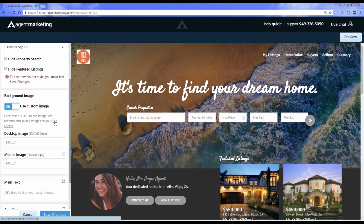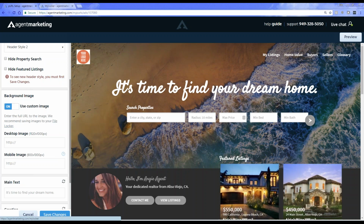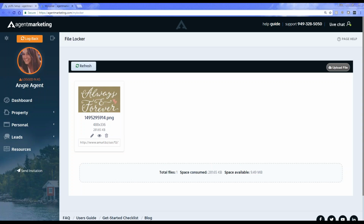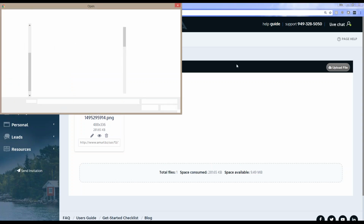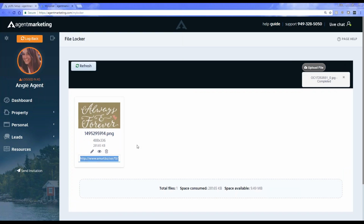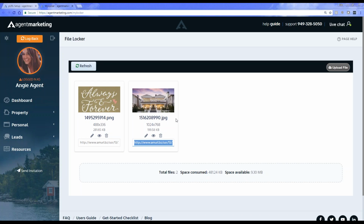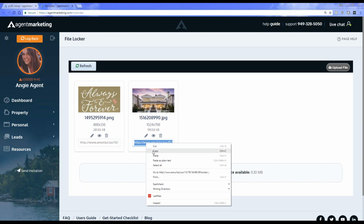What you would do is click on your file locker. So I'm going to go to this. I want to stay on this page. But if you click on the file locker, it gives you an option to upload images into your file locker, and then it provides you with a URL. So I'm going to use this as an example here. If I wanted to use, I'm going to click refresh here. So now if I wanted to use this home photo, what I would do is take this URL